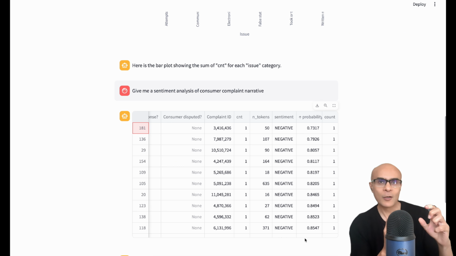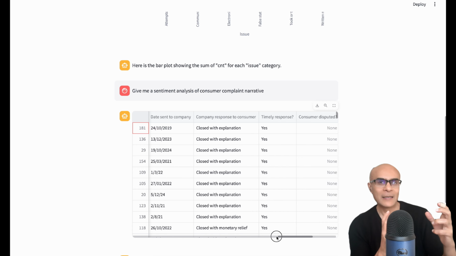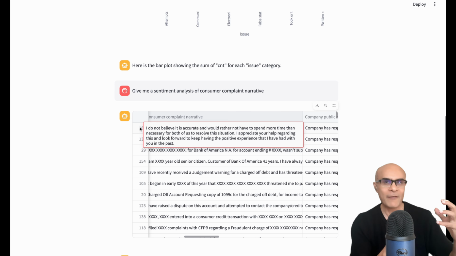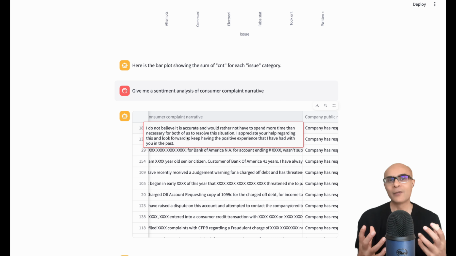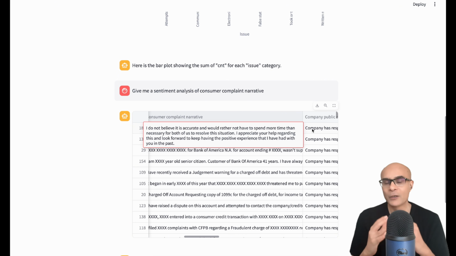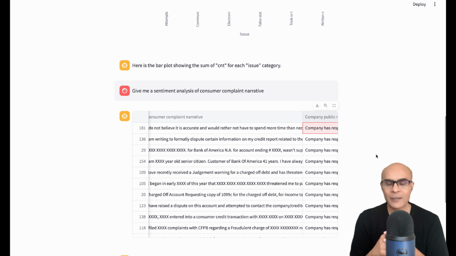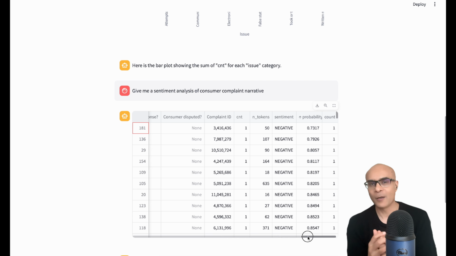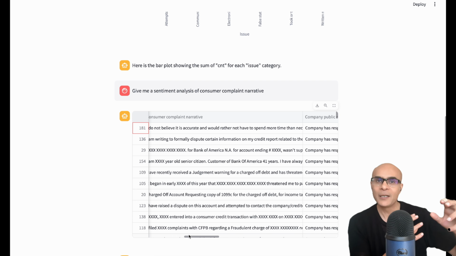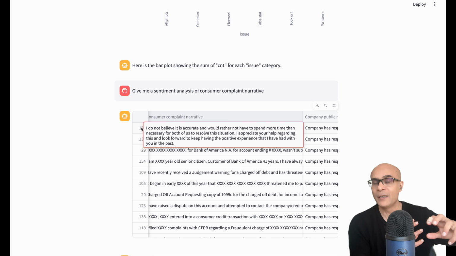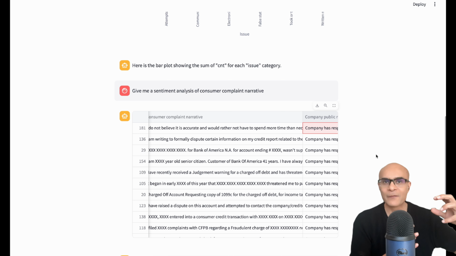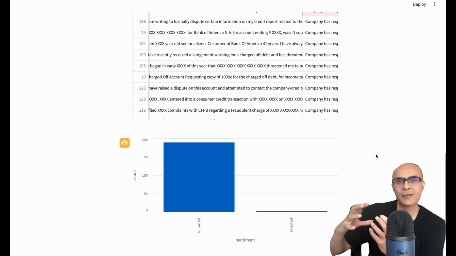So let us see what is the corresponding complaint. Here you can see that this is not a very long complaint like the previous one. It is not a very heavy complaint like the previous one, and for this reason this has got a probability score of 73%. This column of probability is a very interesting one because it helps us to prioritize how to handle the complaints. We can start with the complaints which have very high probability. It means very heavy complaints where the customer is really dissatisfied,